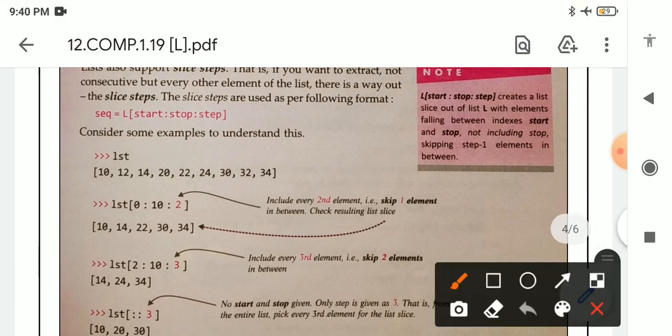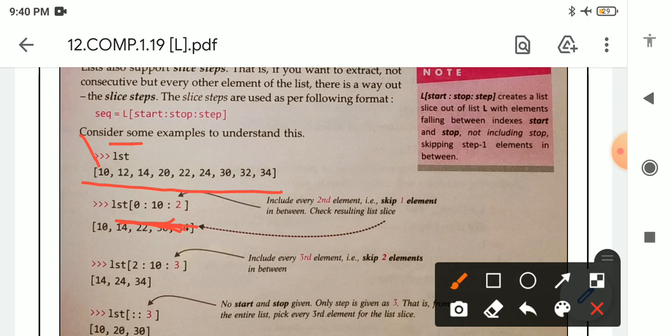See here, one list is given, LST, containing these elements. And this is the statement we have to solve. Here 0 is given, means the starting point is 0, so we will start from here. And the stop is what, 10.